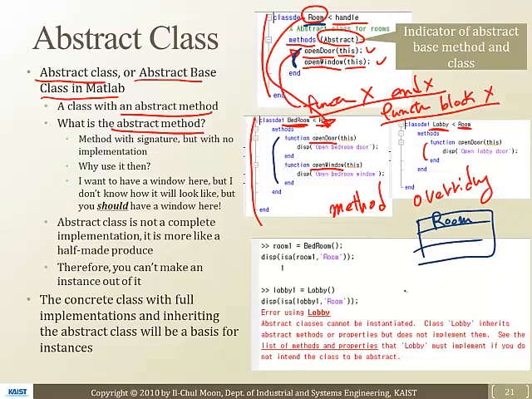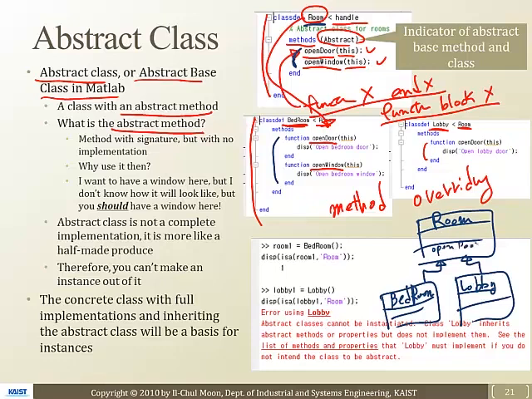Room has some purpose. Sometimes a bedroom, sometimes a lobby. But the common thing is that a lobby should have some door and some window, and a bedroom should have some door and some window. In that case, you want to inherit that. You specify these common parts as a room, and you put the open door and open window. Okay?